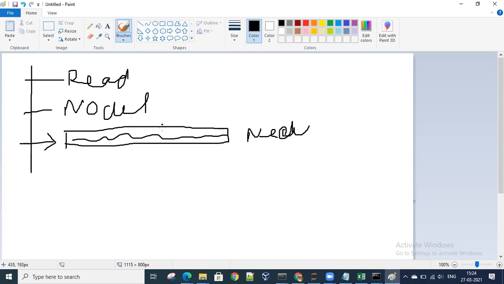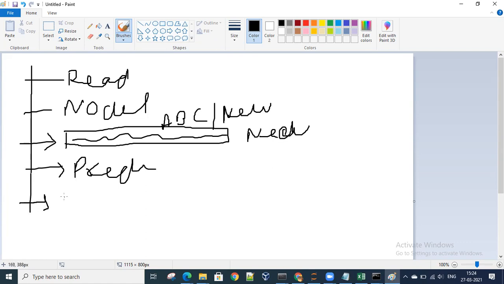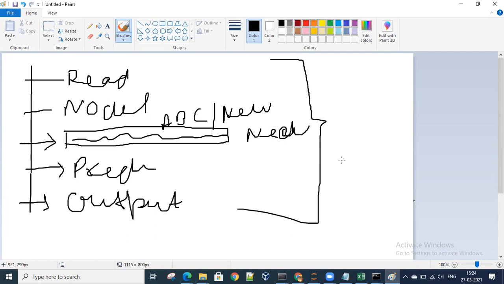It has a path, say ABC path, and the file name is, say, the new file on which the output is required. Here you predict with the model, and here you throw the output. Then you make an executable file out of it, say a.exe.